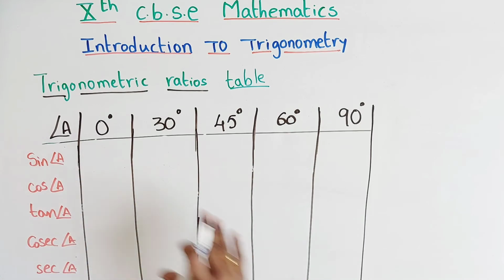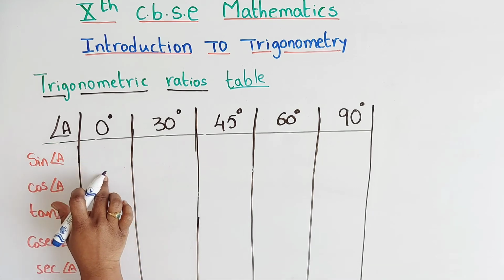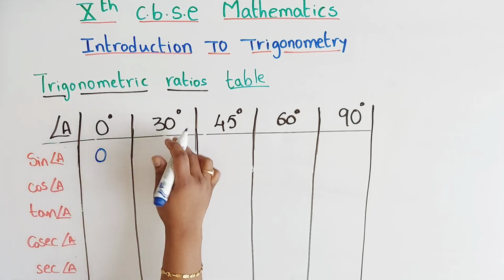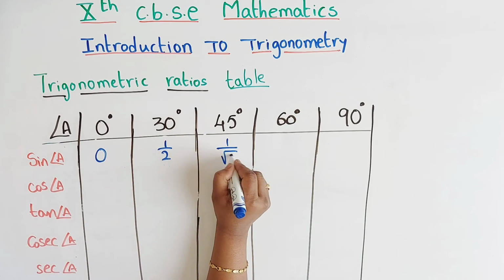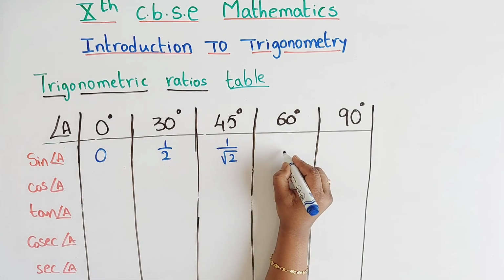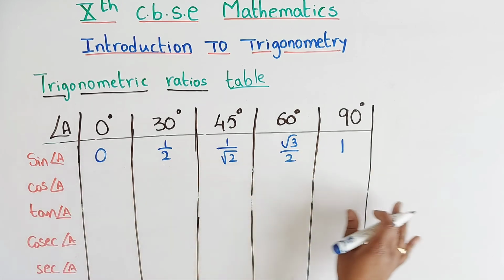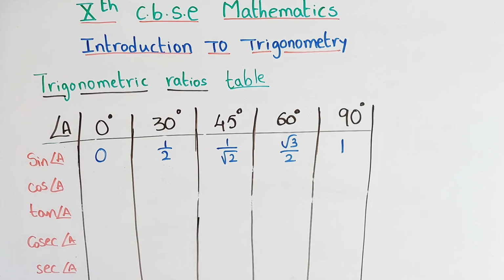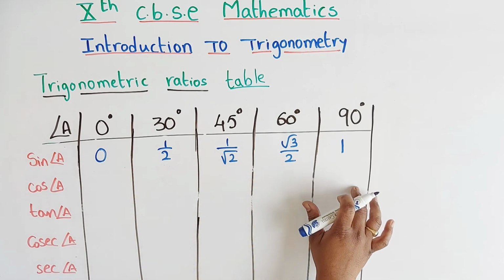Let us write all the trigonometric ratios in table form, children. Here we have one easy trick to remember these angles. See, sin A: sin 0, I am writing 0 here. Sin 30 is 1 by 2. Sin 45 is 1 by root 2. Sin 60 is root 3 by 2. And sin 90 equal to 1. You remember only this order, you can write all the remaining angles. I will tell you how. 0, 1 by 2, 1 by root 2, root 3 by 2 and 1.